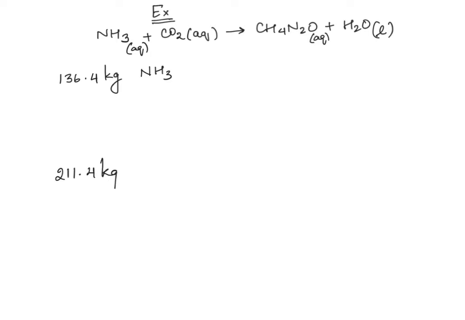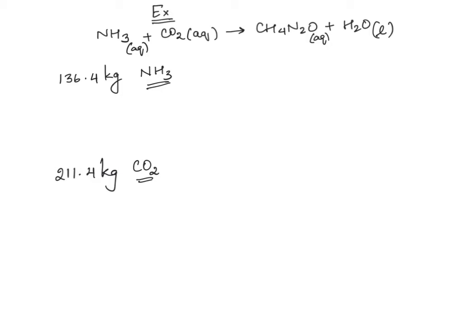211.4 kilograms of carbon dioxide is present. You have these two ingredients in the lab. And when a reaction was done with this amount of substances, how much urea will be obtained? That's the first part of the question. The first part of the question is how many kilograms